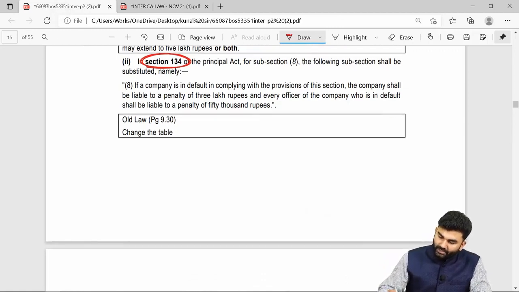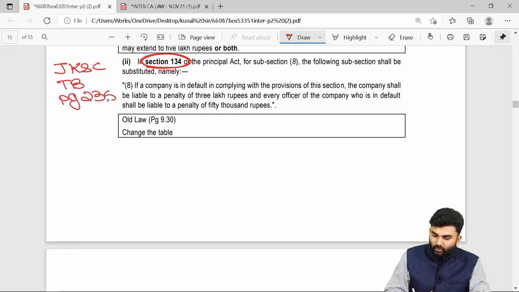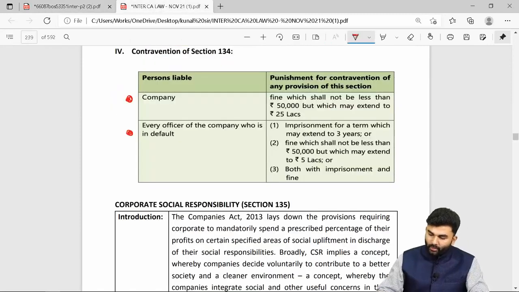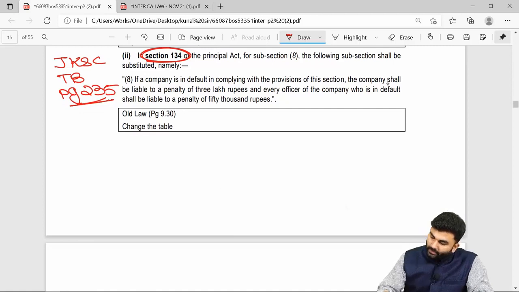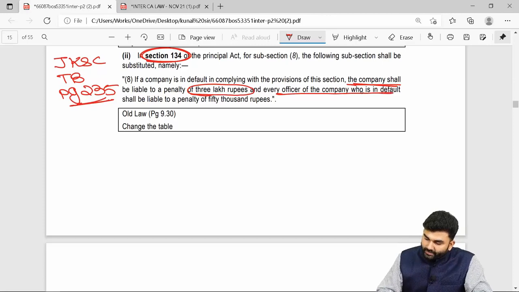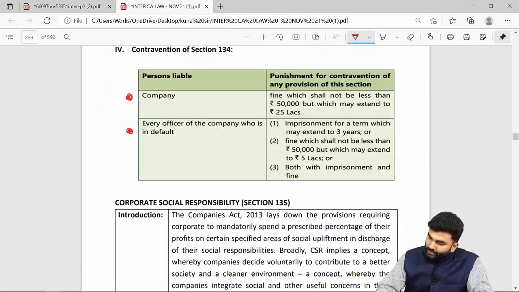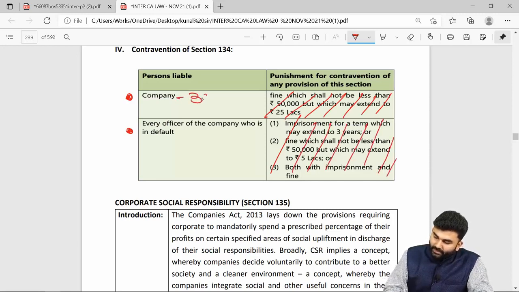Okay, so what is the change required to be made? First of all, I'll just make a note over here, JKS's textbook, page number 235. Over here you will come across two penalties, and the penalties which you need to change: in case of a company the maximum penalty is 3 lakh rupees, and for officer in default it will be 50,000 rupees. So you need to just cut down everything, and in case of a company it is 3 lakh rupees, and in case of officer in default it is